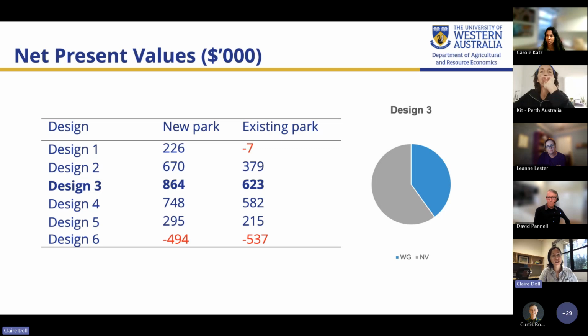It's also interesting to note that most of the NPVs are positive, and where the NPV is greater than 0, it's typically a sign of a project that is likely to provide benefits to society. But design 6, so that's 100% watered grass design, that has a negative NPV. And so does design 1 in the existing park scenario. So that's changing the existing park, the baseline park design, to the alternative with no watered grass at all.